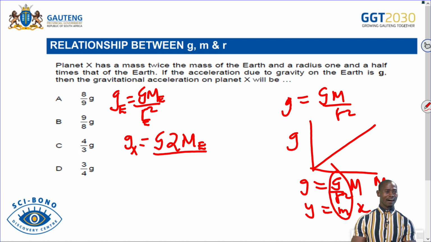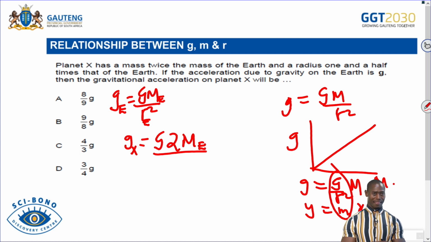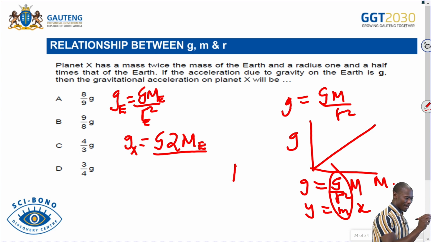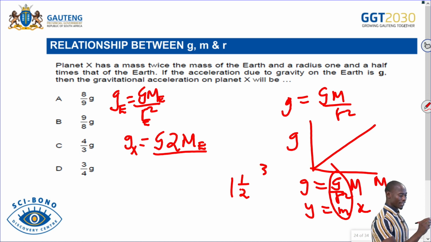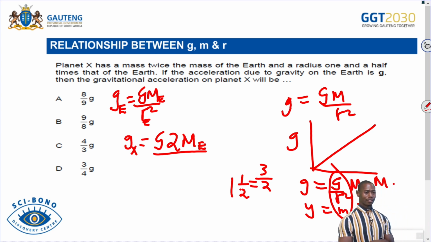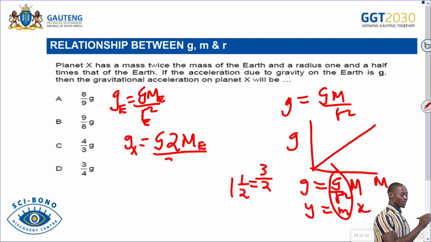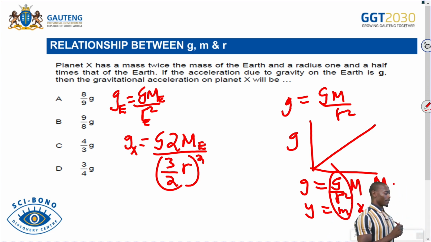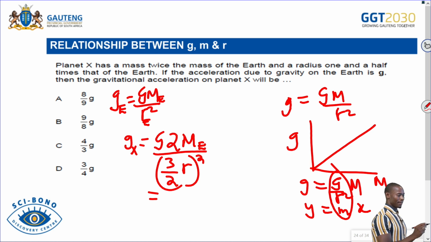So it's 1.5 times that of the Earth. 1.5 is the same as 3/2. So 1.5 is the same as 3 over 2, which means here it will be (3/2 r) all squared, because they're saying 1.5 times the radius. Then I'm having twice